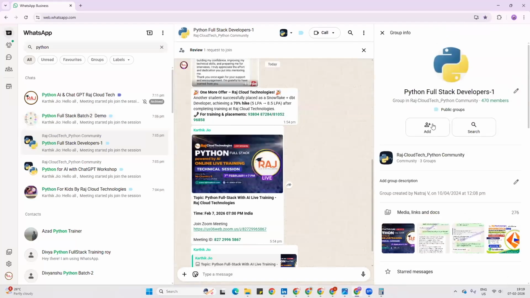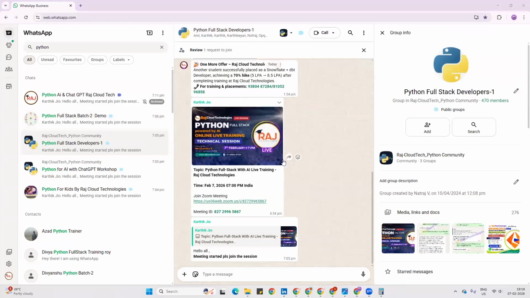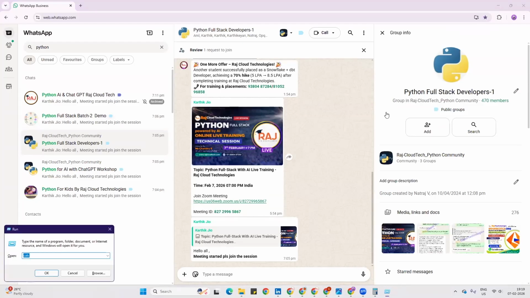This is the group where you can get the complete information on Python, and if there are any openings available, or if you want to discuss anything with our previous batch students, or discuss the latest trends going on in Python, you can use this group. This is Python full stack developers one, and we have 470 plus members in the group already.